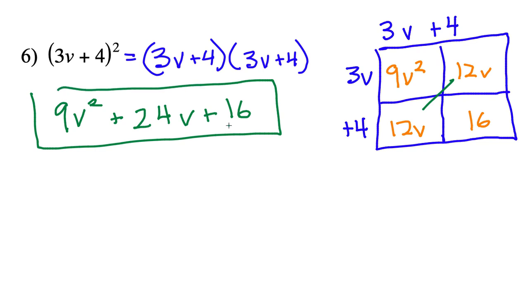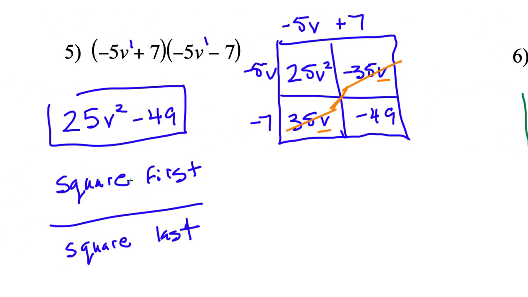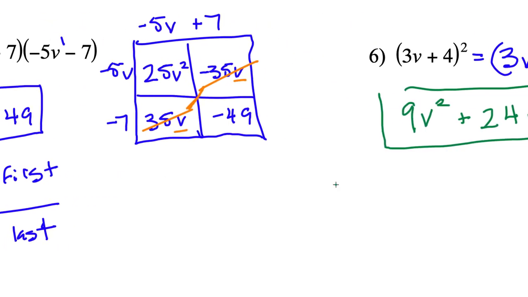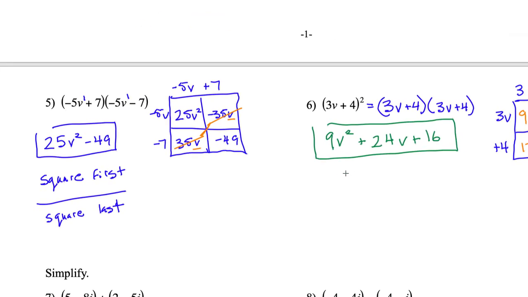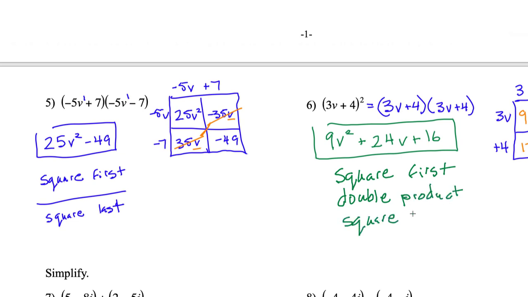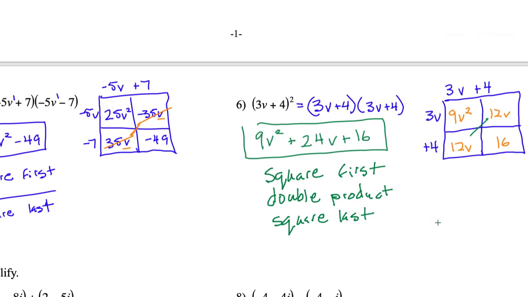And again, the shortcut here, you do not shake the nursery rhyme baby, whatever you want to think of it. This one is, if I zoom out here, it's going to be square first, double the product, that's a difference, and squared last. I'll leave that up here for another 10 seconds, and then I am moving on because I see lots of